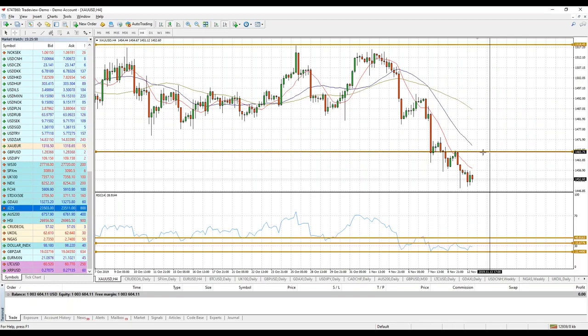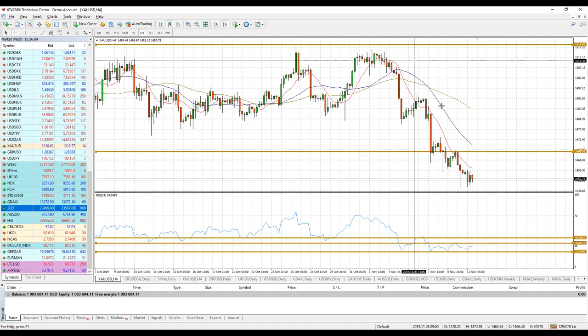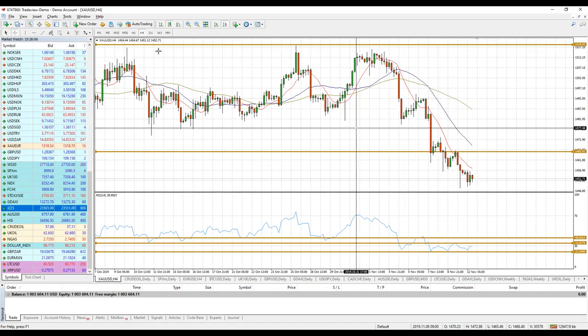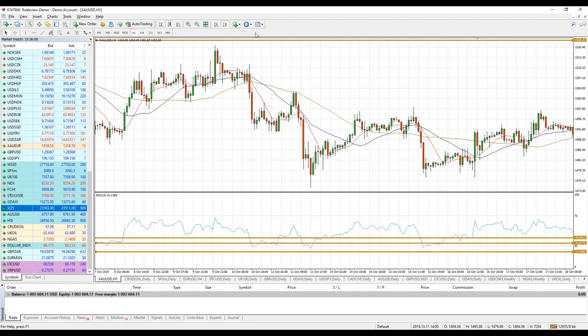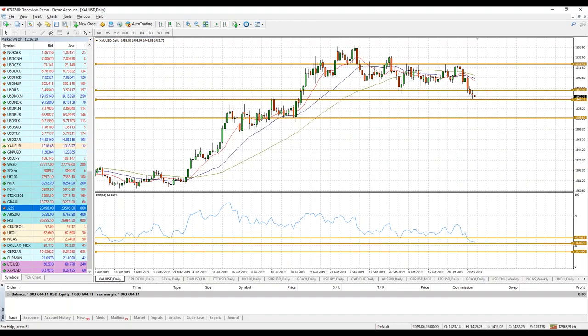Are we looking at a potential change of direction? Of course, what we see on a daily may not be the same as what we see on a 4-hour time frame, may not be what we see on a 1-hour time frame. So have a look at the time frame, see how things are positioned, just to see if there are potential opportunities on different time frames. So that's the first one we want to look at.